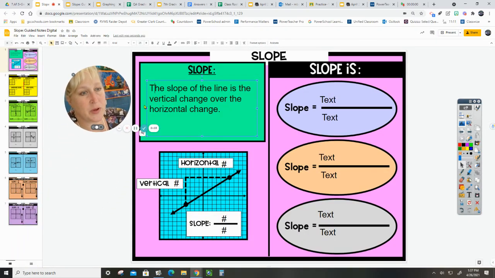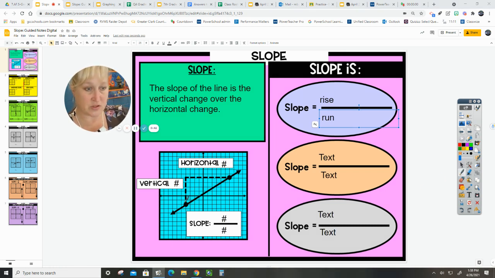Okay, so the slope of a line is the vertical change over the horizontal change. What that means is it is the vertical, the up and down, over the horizontal, back and forth. So we will type that out. Most often it's called rise over run. Rise has to do with going up and down, and run has to do with back and forth. So we're going to use this one as an example because we're going to calculate the rise